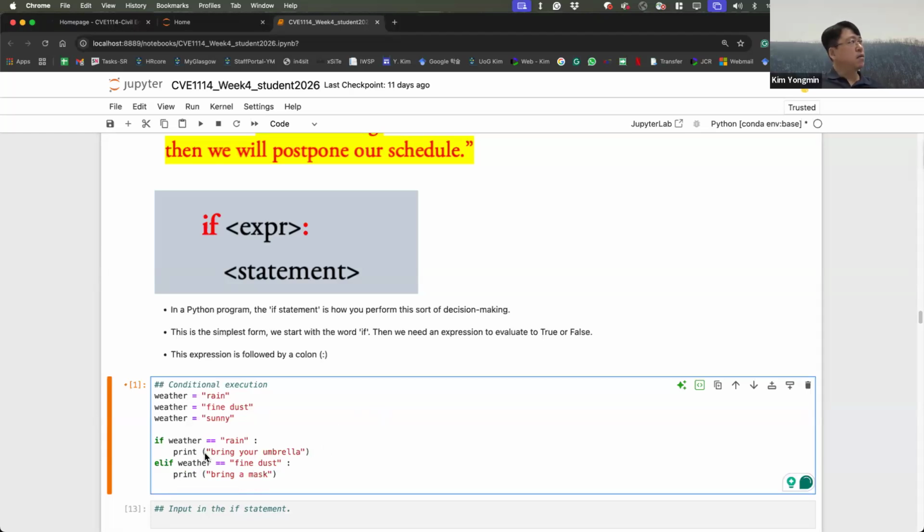If the weather equals fine dust is true, the first expression is executed.